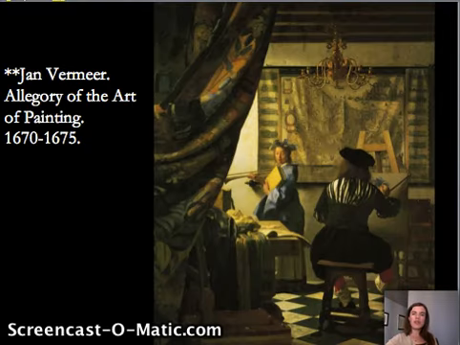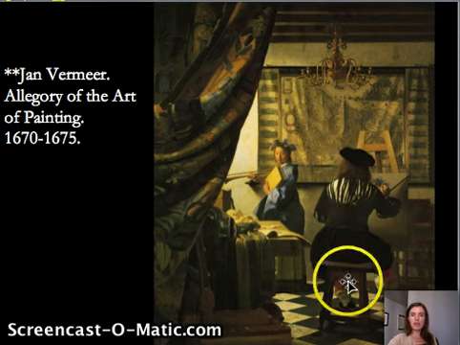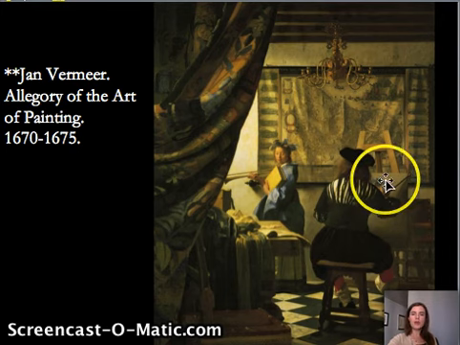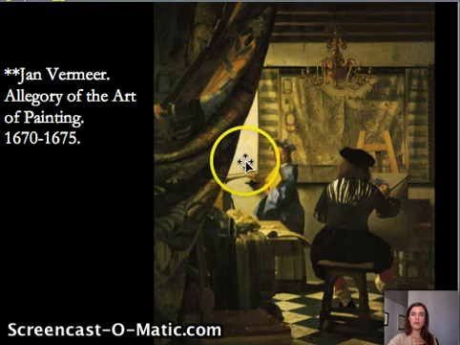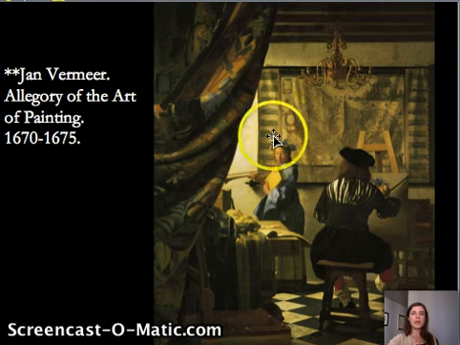A much more effective scene would be Jan Vermeer's Allegory of the Art of Painting, done later in his career, where we see probably him working away in unusual clothing, painting the figure of Clio, who's the muse of history. She has her wreath on her head, she has her book of Thucydides, she has her trumpet. Vermeer was Catholic, and so we see some references to the Habsburgs, we see the eagles, we see also the divide in the Dutch Republic, but this